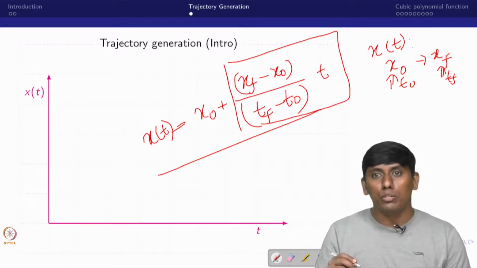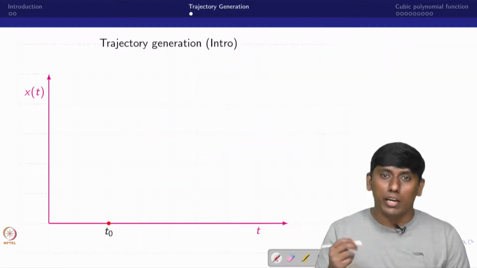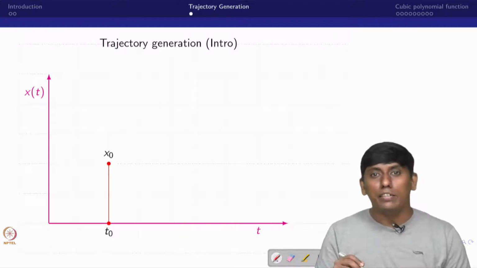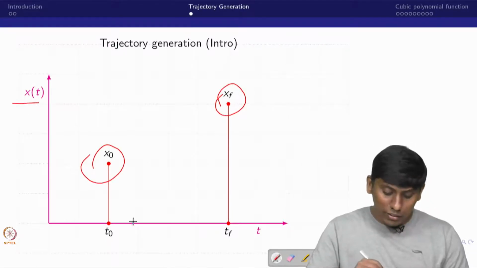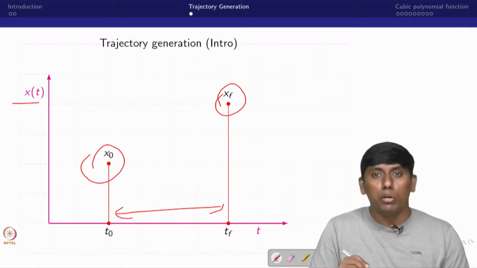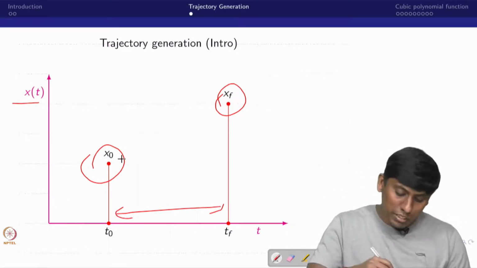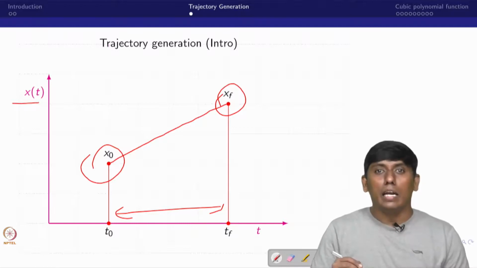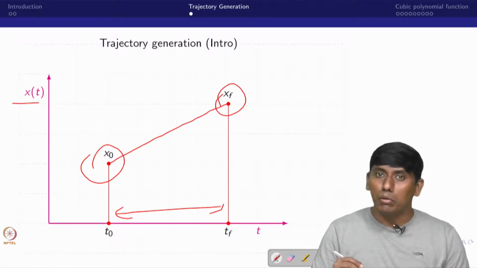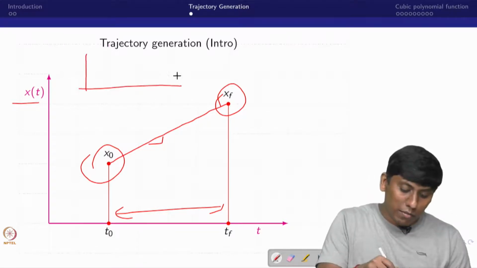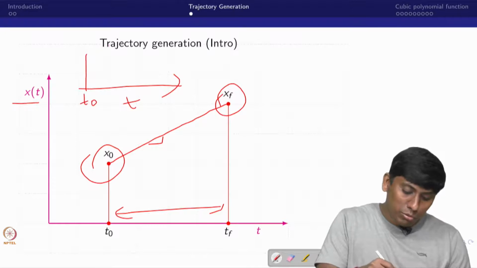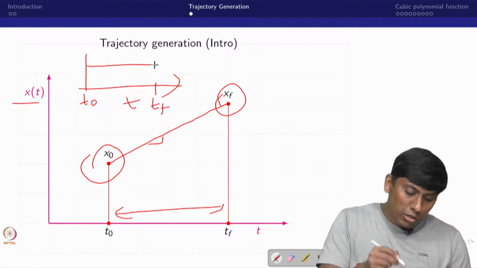In the sense, your acceleration at the initial and end point should be infinite, which is not possible. You don't have a smooth curve. So for that only we are trying to see, whatever I have written analytically, in a symbolic or graphical manner. This is the initial point, and this is the final point of x of t, and this is the duration. What is one of the easiest ones? I connect a straight line, which is really a better one. But what happened, the velocity would be constant when I draw time from t0 to tf, right?